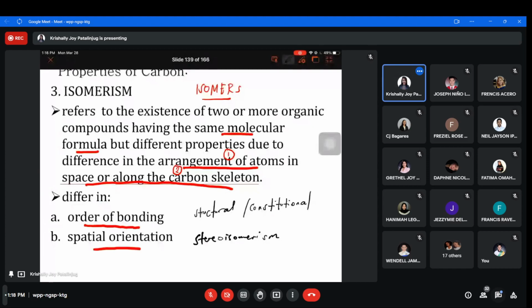Stereoisomerism. So kapag yung isomerism, the differences in the structure is due to differences in the order of bonding, then that is classified as constitutional isomerism or structural isomerism. Kapag naman yung differences in the structure is due to the differences in spatial orientation, then that falls under stereoisomerism. Okay, so yan yung dalawang